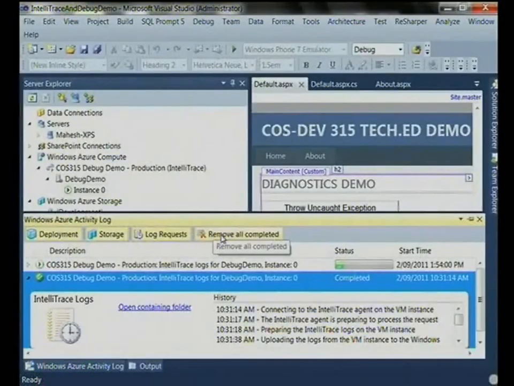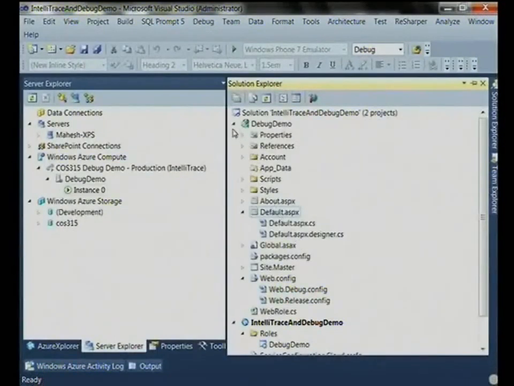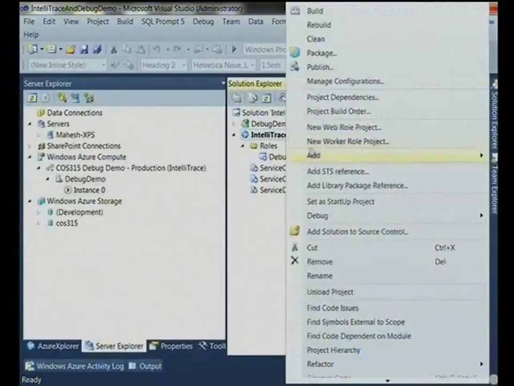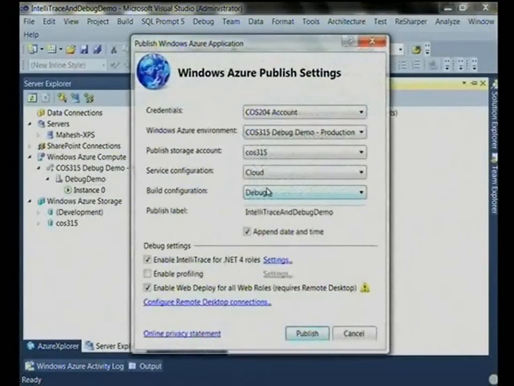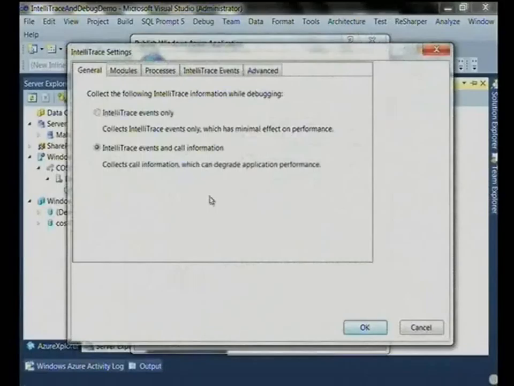the IntelliTrace logs. Now, what is IntelliTrace? When you're deploying your application to the cloud, when I say publish over here, notice there's a little checkbox that says Enable IntelliTrace for .NET 4 roles. And there's a settings link as well.